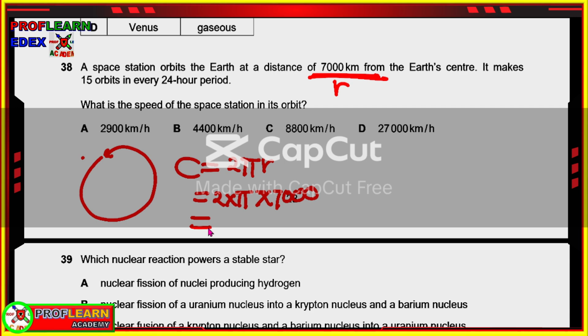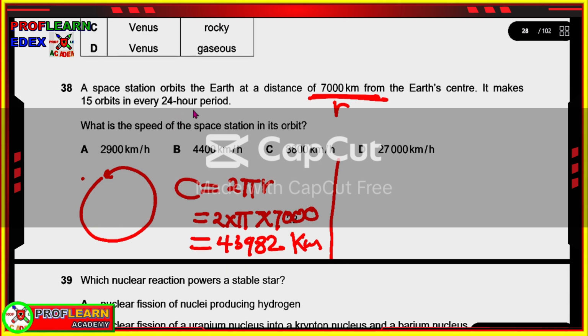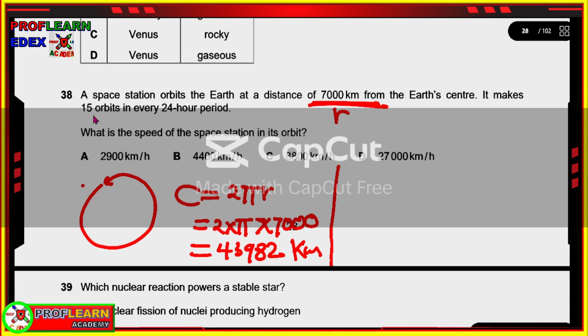So if we work it out, it's going to be approximately 4398.2 kilometers. That will be the distance of one revolution. And then we are told that it makes 15 orbits in every 24-hour period. Which means that if one revolution is this, total distance is going to be